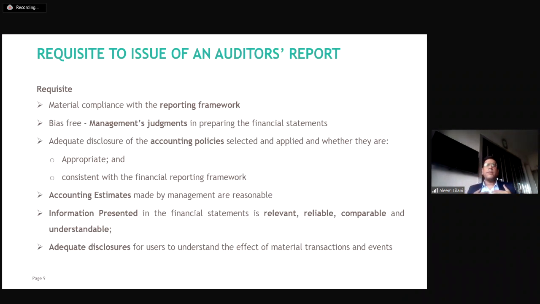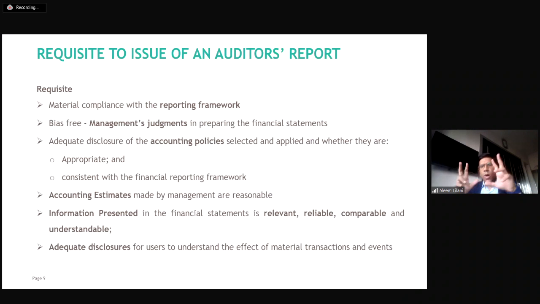So it's necessary to take a step back, look at all the judgments involved in the client, in his accounting, and just look back and see, okay, yeah, he's doing everything properly. Okay, these are all reasonable. The next one,